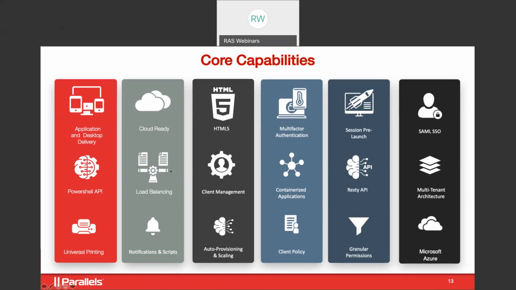Built-in load balancing. We have client management, when we look at perhaps repurposing PCs as thin client-like devices. That's what we talk about with client management. We can support application virtualization, auto scaling and provisioning, again, as mentioned, universal printer support, client policy, so we can manage everything centrally from a client perspective. So hopefully, from throwing a lot of features at you there, you get to see that we are an enterprise level solution with all the features you need to securely deliver applications and desktops to your users, but at a very cost-effective